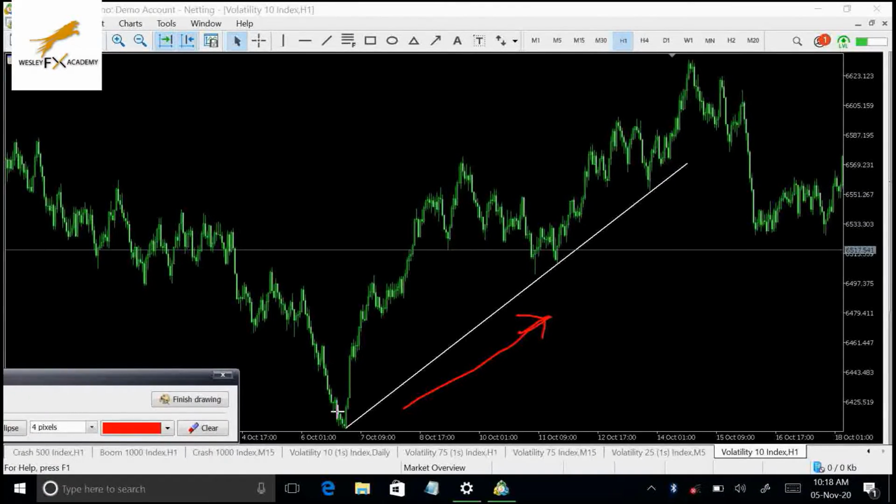and then we had this first test here, we had this second one. So our trend line is valid. So we are looking for a buy opportunity when the market comes back to this trend line. So once the market touches the trend line, we are going to be looking to buy. We're going to be looking for buying opportunities. So you can see that this market now came back to this trend line over here. It came back to this trend line here, and then you can see it gave us a very nice engulfing back handle. So we are just going to take our entry from here,